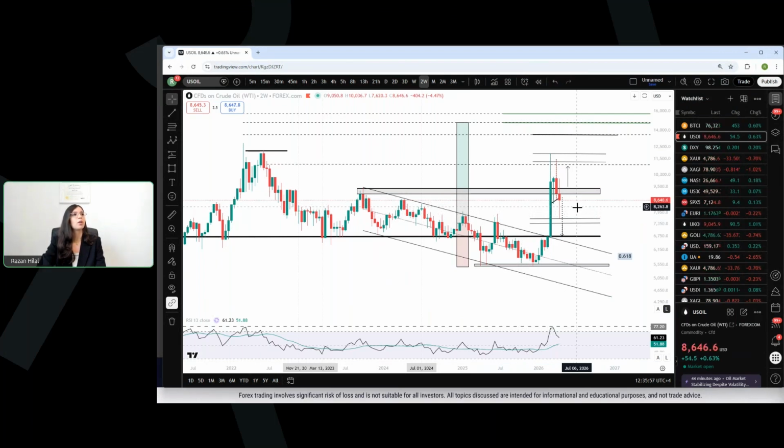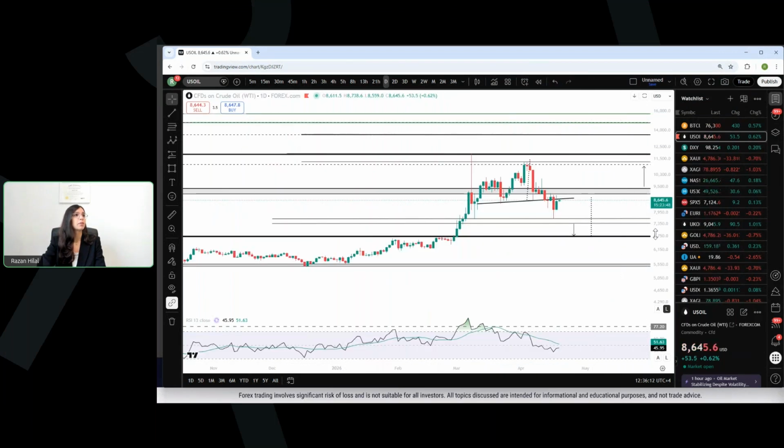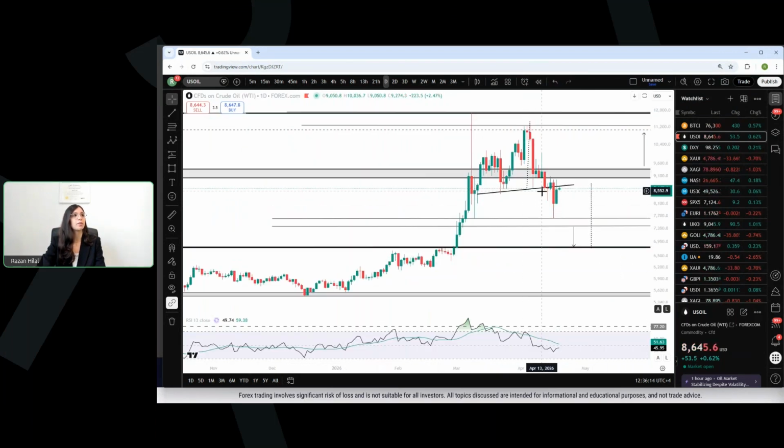A clean breakdown below the 76 to $74 zone can possibly promote another leg lower. Now, if you look at the 2 week time frame, this looks like a potential double top pattern over here. If we drop down to the daily time frame, it looks like a potential head and shoulders pattern reaching the $76, which is midway. A clean breakdown below 76 and 74 would reinforce another leg lower towards its full target potential near the